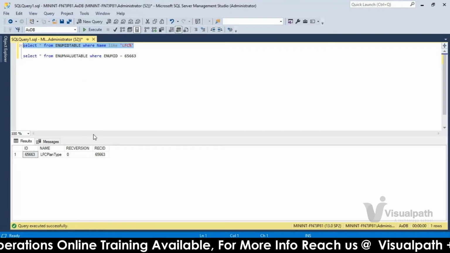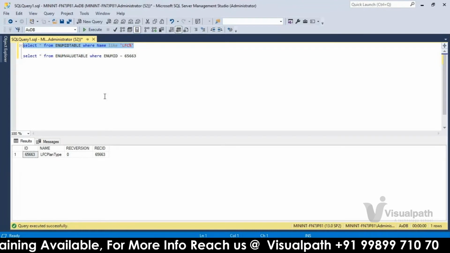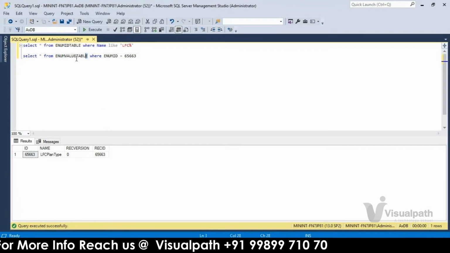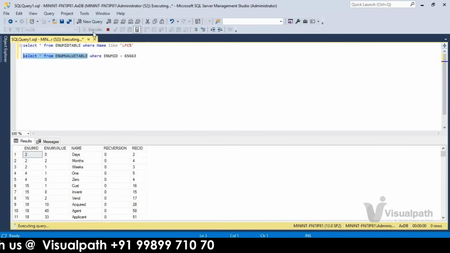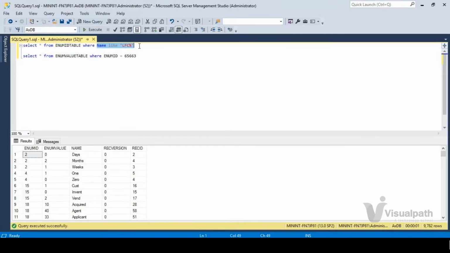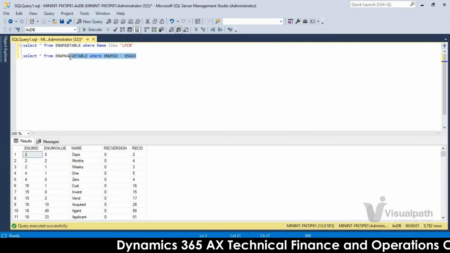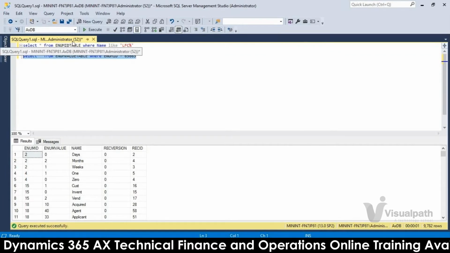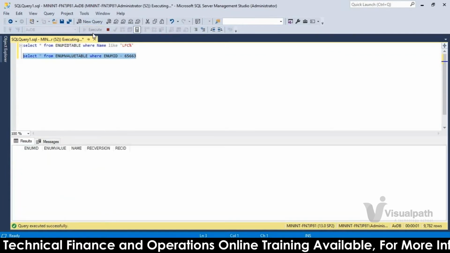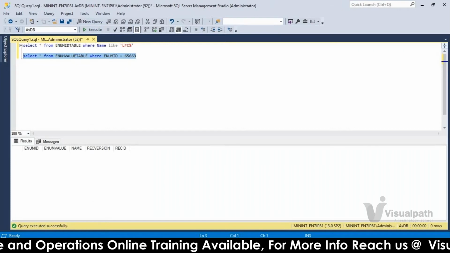Six by 663 enum ID. We have it here also, but this name is different. That is not coming. We will see why it is not coming.